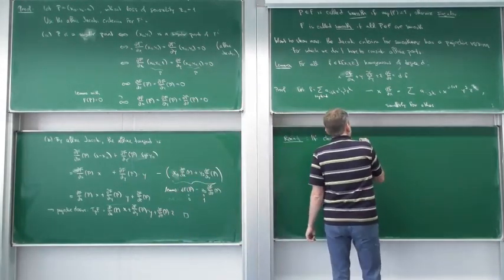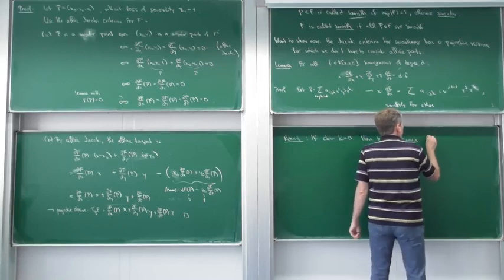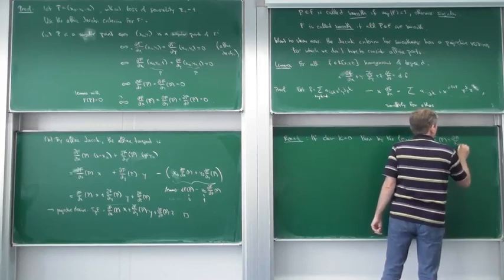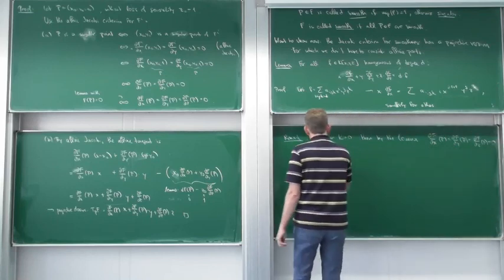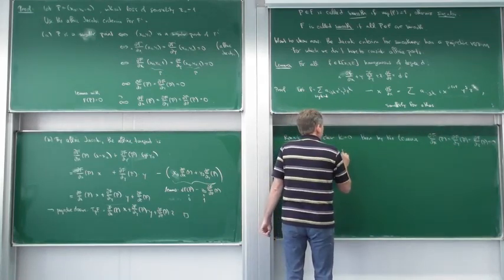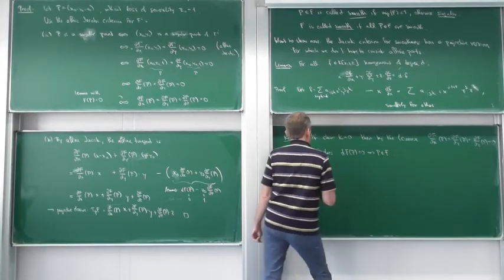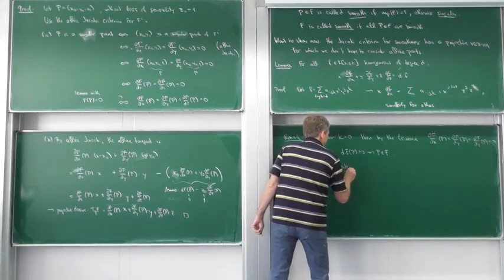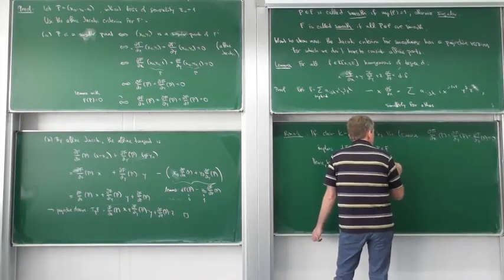If the characteristic of the ground field is 0, then by the lemma, the partial derivatives all three being 0 at a point implies that d times f at the point p is 0, and if the characteristic is 0, that means that f of p is 0. So hence, to compute singular points, we don't have to require